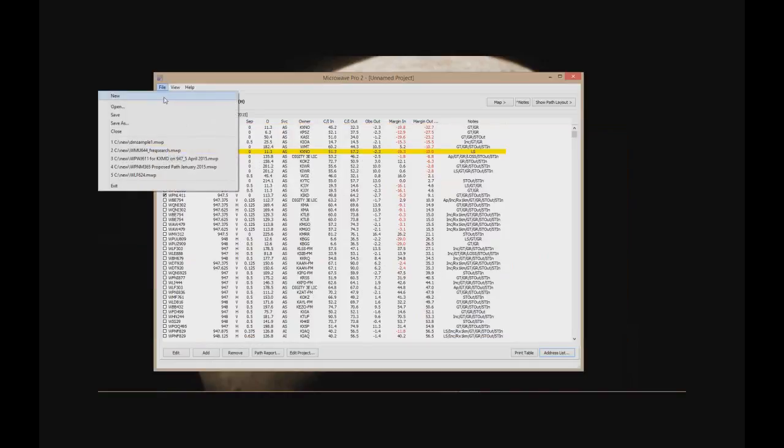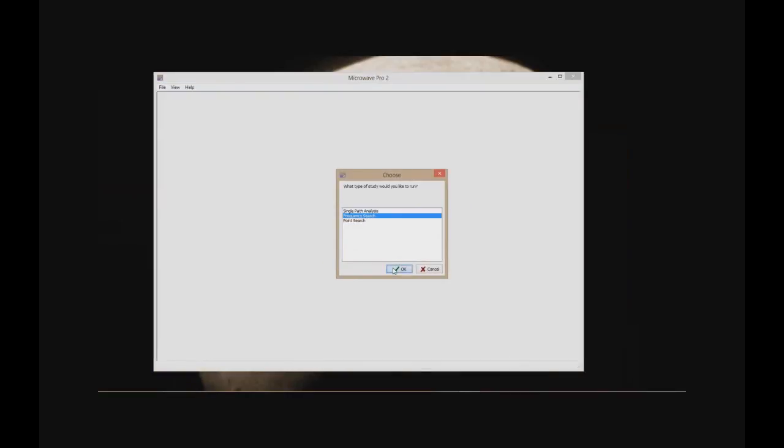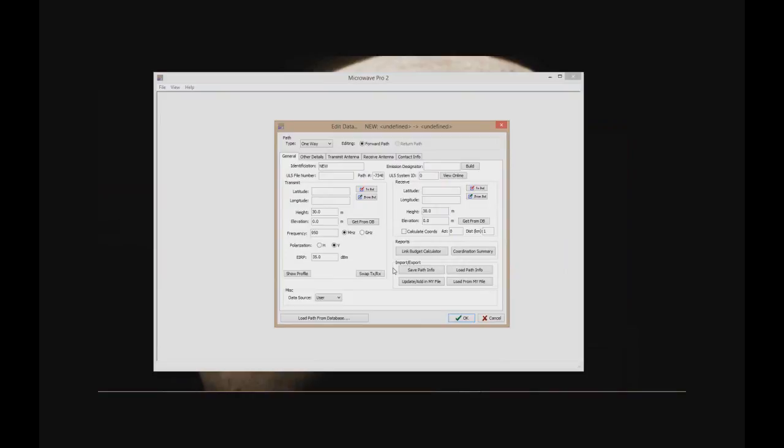To do a frequency search, I'm going to say new, frequency search. When you do a frequency search, it essentially starts the same way. You have a window here where you put in your reference path. You're going to know your transmit and receive points and all that. At this point, you may want to put in a frequency that's in the band that you're working with,